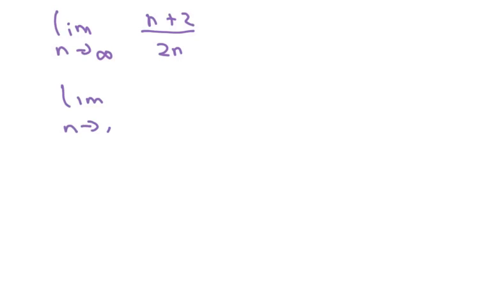Alright, hope I did that right. So anyway, we're left with the limit as n approaches infinity of n plus 2 over 2n, and this can be broken down as the limit as n approaches infinity of n over 2n plus 2 over 2n,